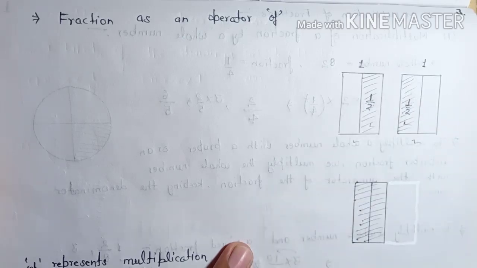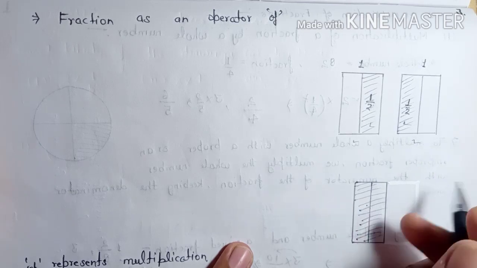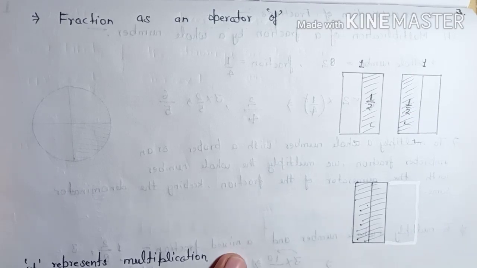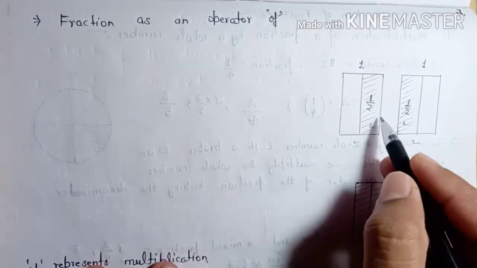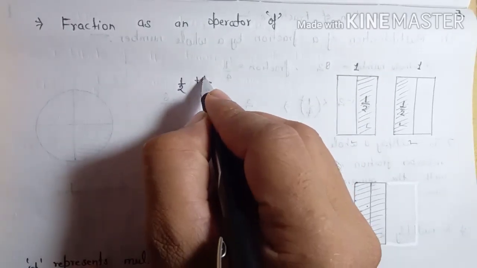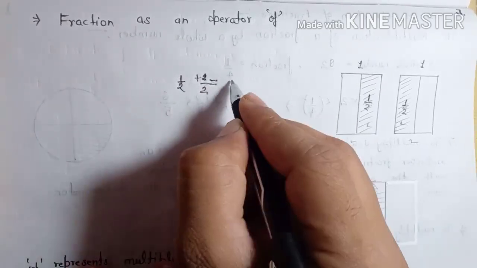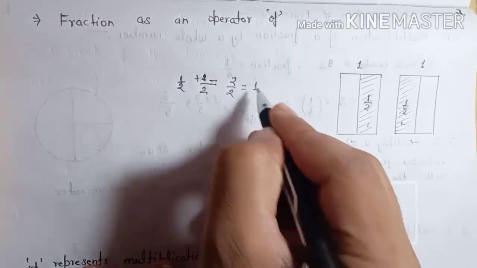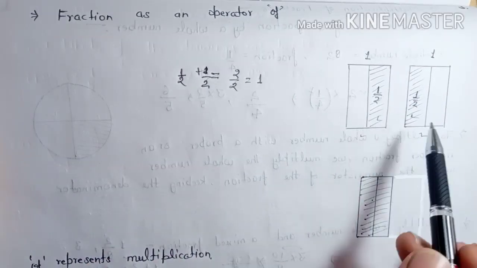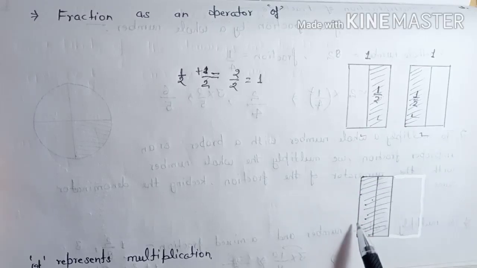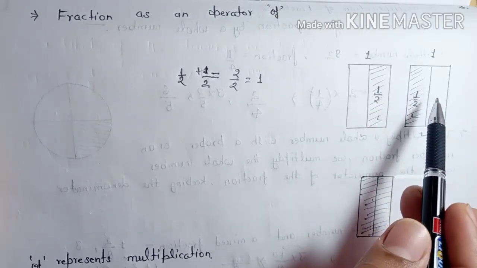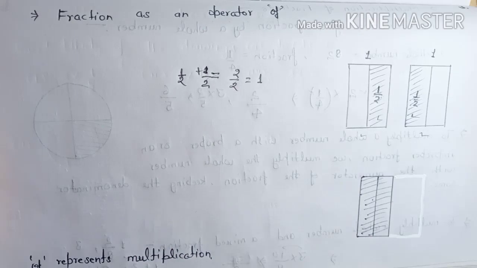Now you tell me one thing, you can clearly see this 1 is equal to the sum of the half, is equal to 1 here. So what this means, here this half and this half, 1/2 plus 1/2 becomes 2/2 and then 1. So here you can see, when we add half of the first rectangle and half of the second rectangle, we get 1 here, which is half of these two rectangles. When you add half and half, it becomes 1.